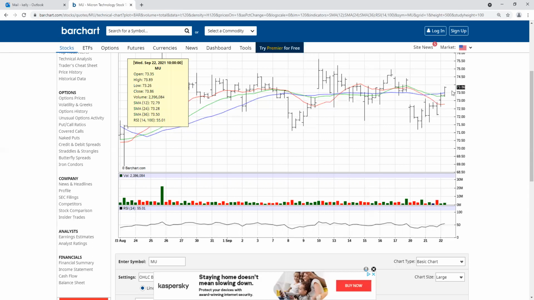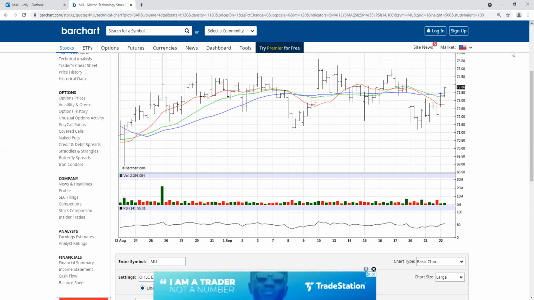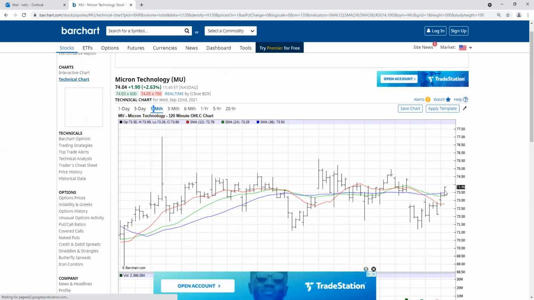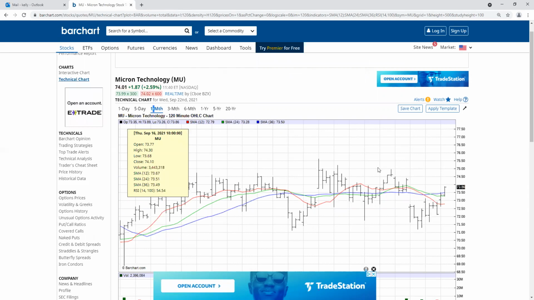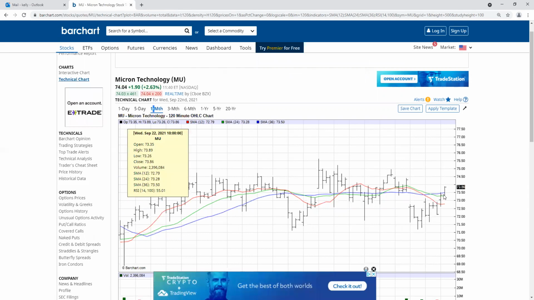So if this thing is trading above 72, 73, and it starts trading up here, and they come out with a decent earnings report, then this thing has the potential of doing some popping, because going into the report, it's getting people to buy. Sometimes you might guess as a conspiracy theorist that some people may already have all this information, a little bit of an idea of what's coming out. And so what they call get in front of it by buying before the report comes out. This is obviously looking what is happening right now on Micron Technology. So that would be getting in front of the news.